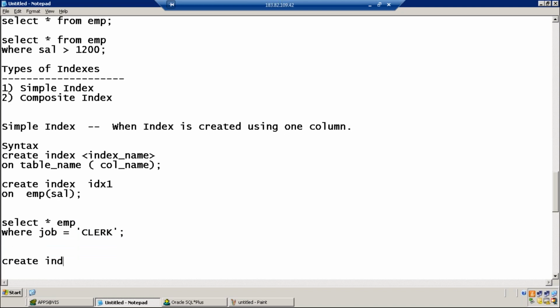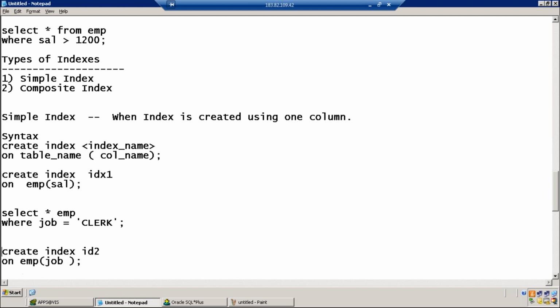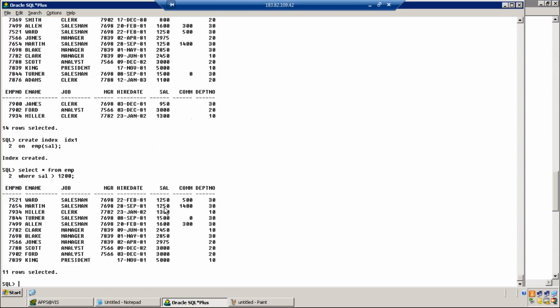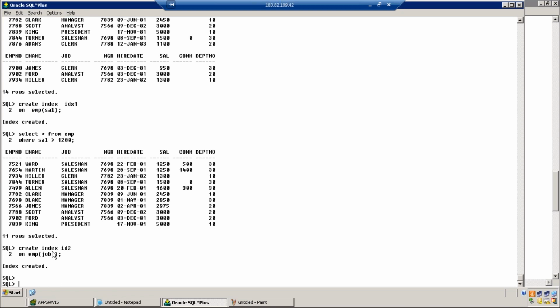Create index IDX2 on EMP, within brackets, job. Perfect. When you create the index, all the queries based on the job column in the where clause will run very, very fast.